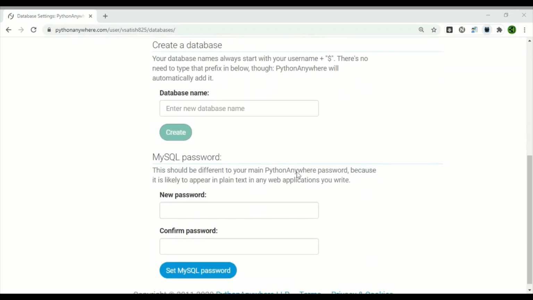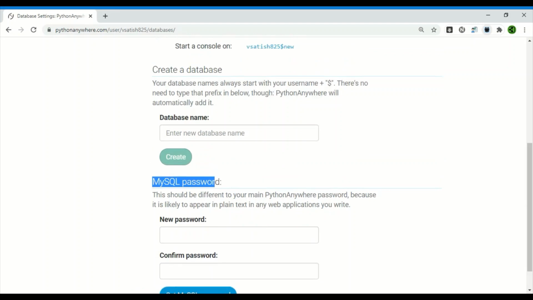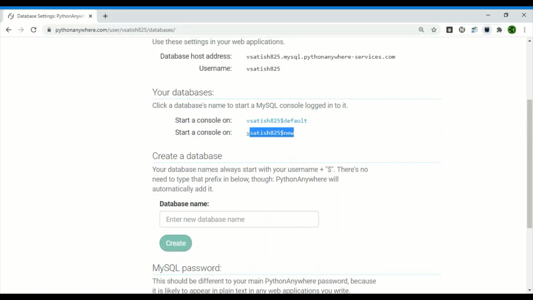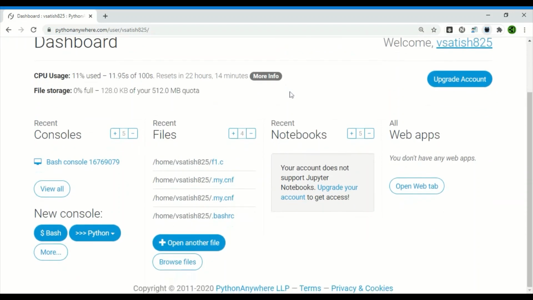Usually database names are prefixed with your username followed by the dollar symbol and then your database name. If you want to set a password for your MySQL database, you can do it in the MySQL password section. If you want to access this newly created database, there are two different ways. You can directly click on this hyperlink that opens the MySQL console with the new database, or else you can click on dashboard and click on view all in the recent consoles.